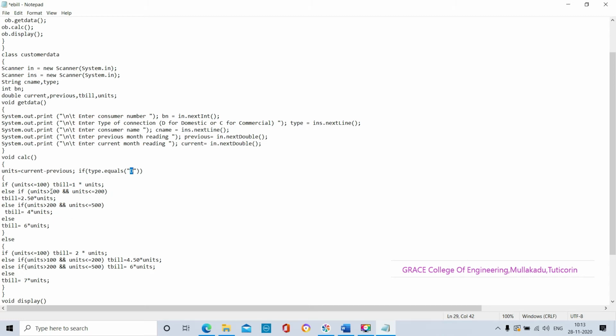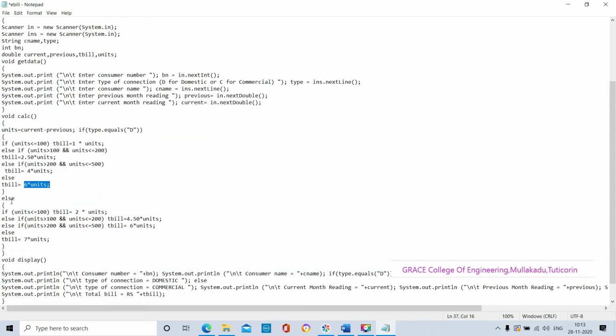Else if units is greater than 100 and units is less than or equal to 200, the bill is equal to 2.50 multiplied by units. Else if units is greater than 200 && units is less than or equal to 500, the electricity bill is equal to 4 multiplied by units. Otherwise the electricity bill is equal to 6 asterisk units. Okay, the else part contains